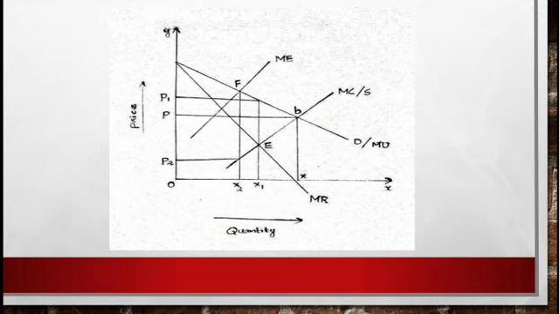At the point E, the MC curve cuts the MR curve and it is the equilibrium point of the monopolist. Then we can draw a straight line from that point towards the demand curve and to the x-axis. In the x-axis it is denoted as X1. Then we can draw a straight line from the point on the demand curve towards the y-axis. Then it is denoted as P1. Then the monopolist will fix OP1 price because it is the highest price for him. So he is ready to sell OX1 amount of commodity for OP1 price.